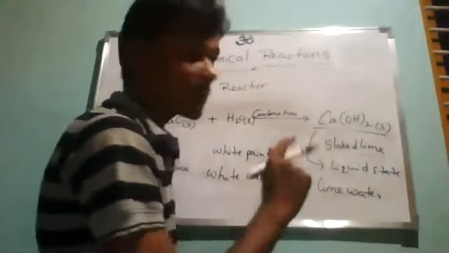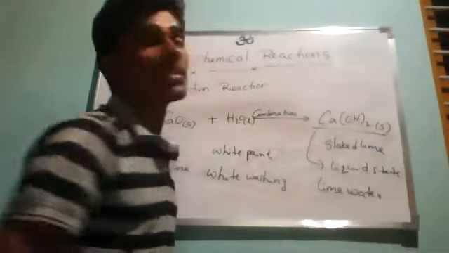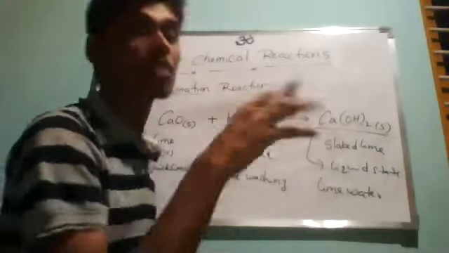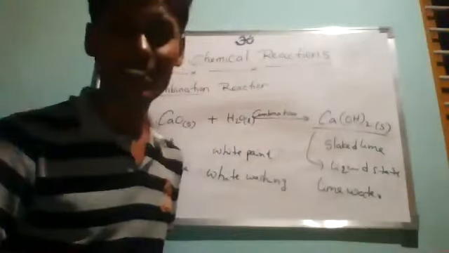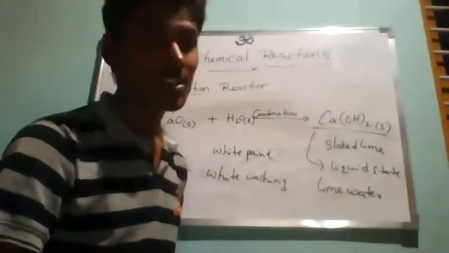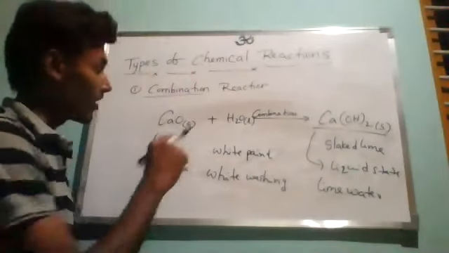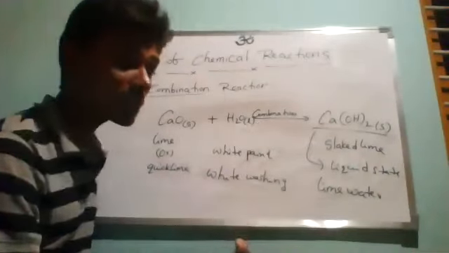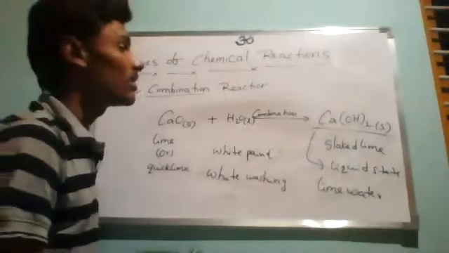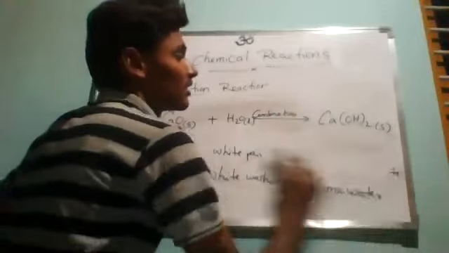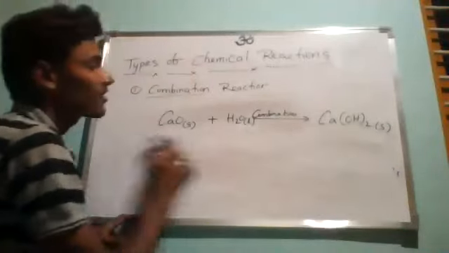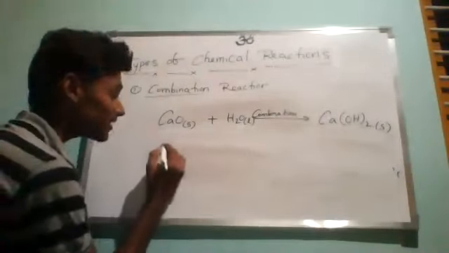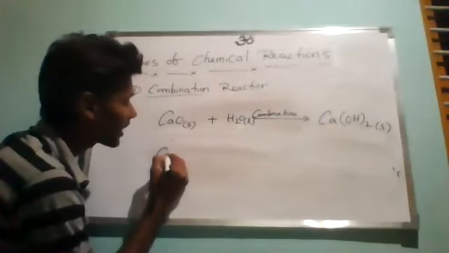Now, normally it is in solid state when it becomes dry. But if you want to apply it to the walls, it must be in which state? Liquid state. But here, this is dissolving in water. So if something is dissolving in water and forming a solution, it is in which state? Aqueous state. Now this aqueous state of calcium hydroxide